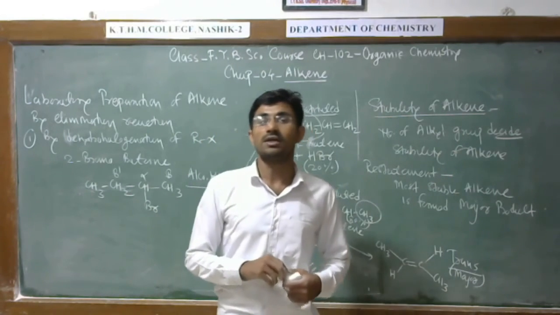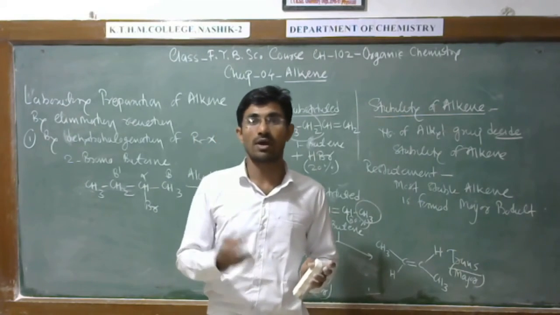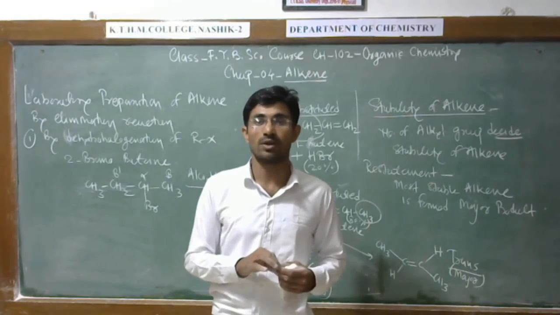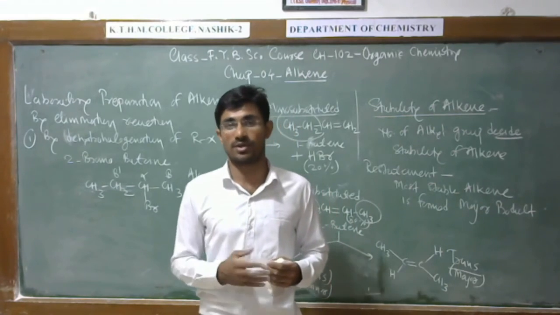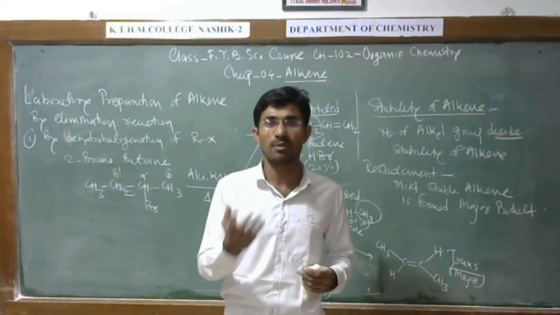So here 2-butene is the major product while 1-butene is the minor product according to Saytzeff. If you consider the stability of alkene,